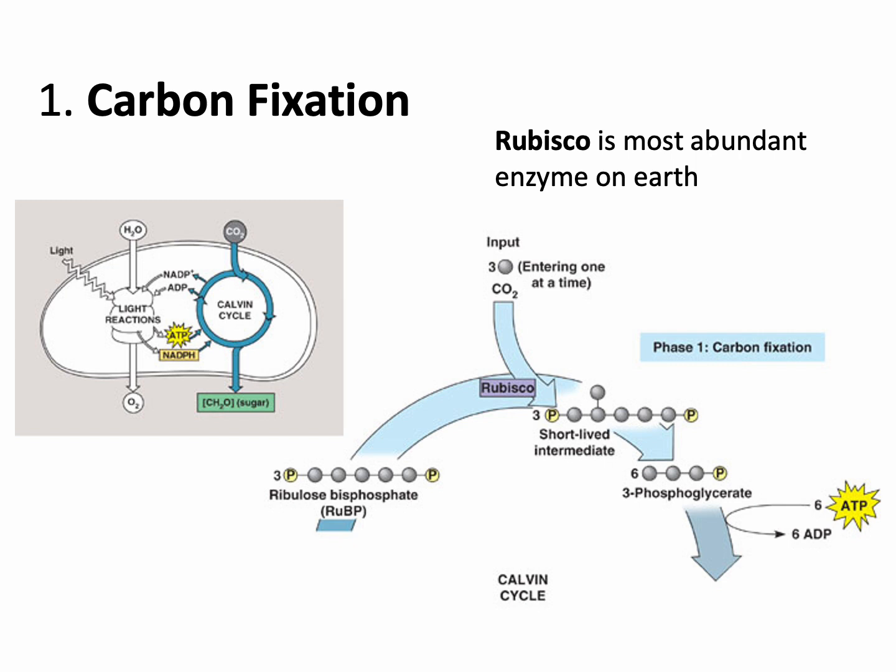So now you have this little intermediate, but what's going to happen very quickly is it's going to get cut in half. So you go from having 3 of these short-lived intermediates, 1 with each CO2, to now being cut in half to produce something called 3-phosphoglycerate. And the names are not necessarily important. Sometimes I call it 3-PG. And 3-PG, you have 6 of them because you started with 3 of those molecules and you cut them in half. So now you have 6 of these things, each with a phosphate group. And that's it. That's the first step. That's the carbon fixation step of the Calvin cycle or the dark reaction.